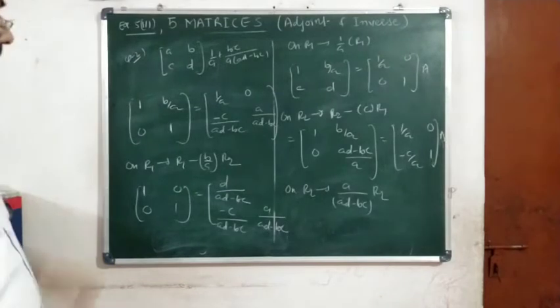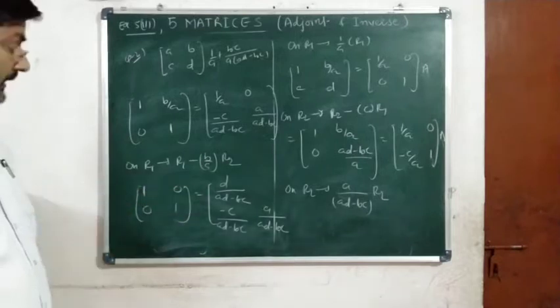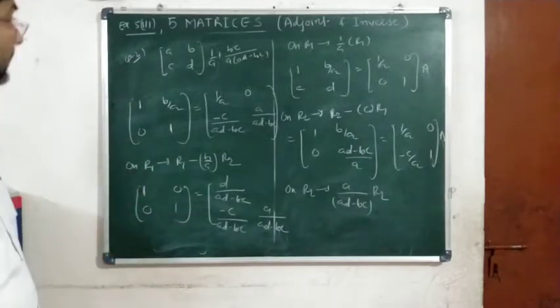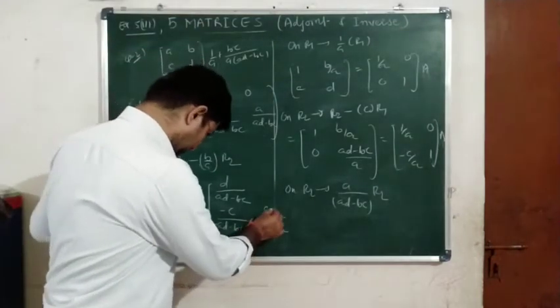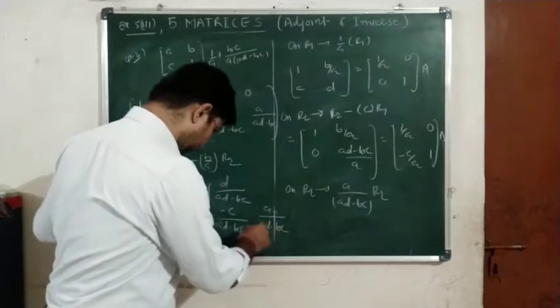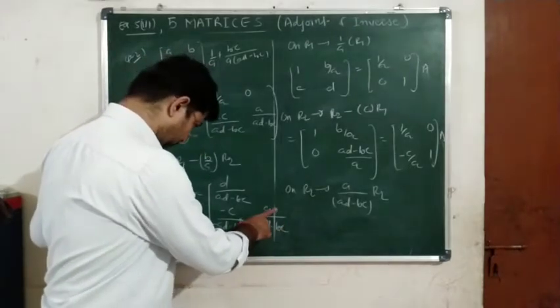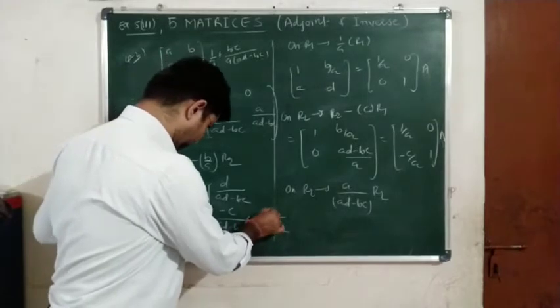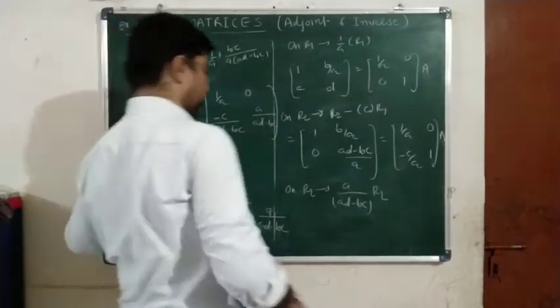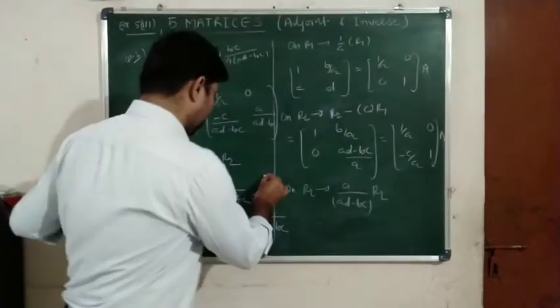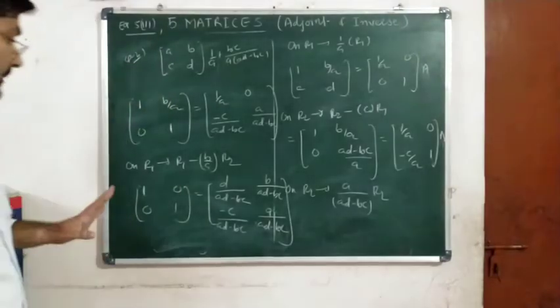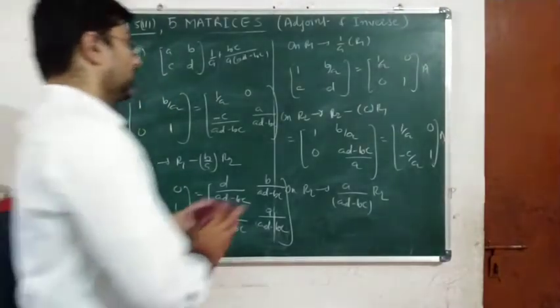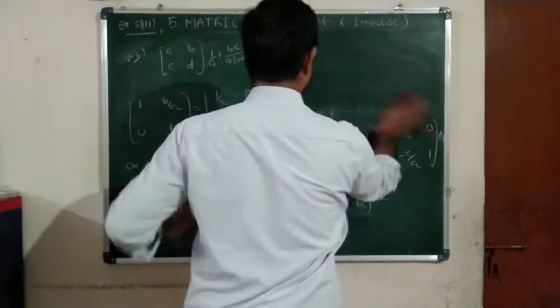And over here, okay, we are multiplying by B upon A. So B and 0. Yes or no? So just multiply B and A. So A will get cancelled over here. So only B upon AD minus BC we are left with. So let me write down B upon AD minus BC. Now 1 upon AD minus BC will be common in the last step.